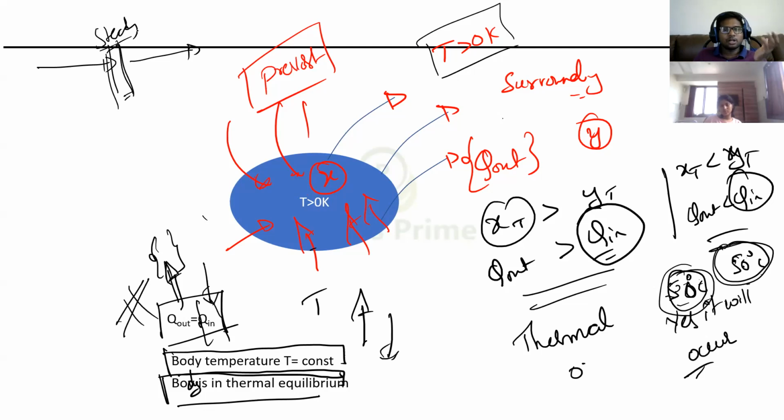Like that here also, when the temperatures of both bodies are equal, that is body and surroundings or body with another body, heat transfer will take place, that is, radiation will take place. But what will not happen is that the amount of energy radiated is equal to the amount of energy absorbed. That means the temperature will not rise or go down. That means the temperature remains constant. The situation can also be called thermal equilibrium. Did you understand?